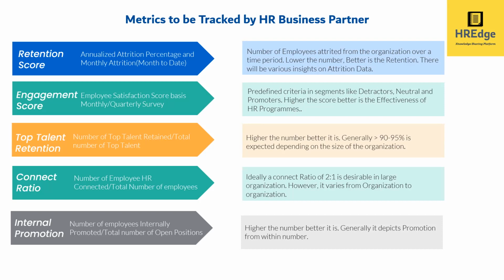Now, the engagement score is basically your employee satisfaction score. How will you get the employee satisfaction score? We can get it from an employee satisfaction survey. That survey can be run on a monthly basis, or a quarterly basis, or an annual basis. Again, it varies from organization to organization. You can pick a set of questionnaires for the